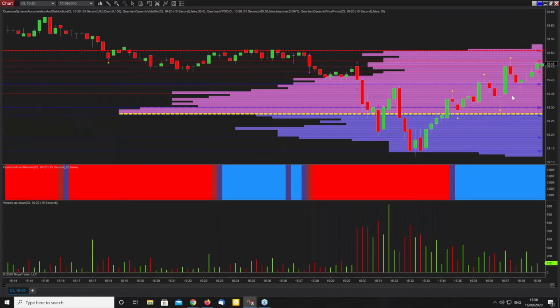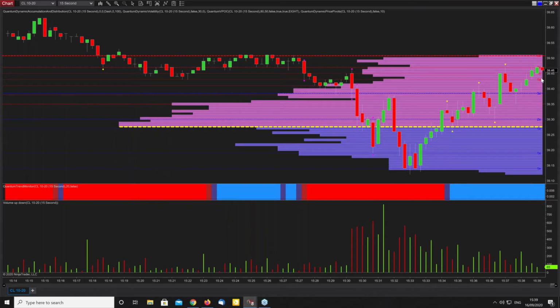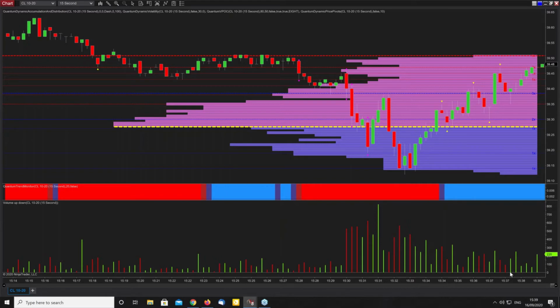That's what we're seeing. The trend monitor's transition has gone from bearish into transitional, out the other side into bullish. It's what the indicator's designed to do, to help you stay in, to maximize the potential. You can see we have this little reversal here, but look at the volume. The volume is falling away. What does that tell you? It tells you that if the market's moving lower and the volume is falling, it's not going to go very far, because the market requires effort to move up as much as it does to move down.